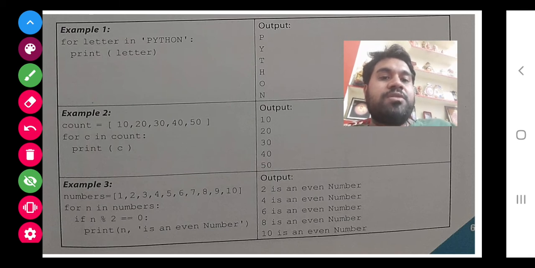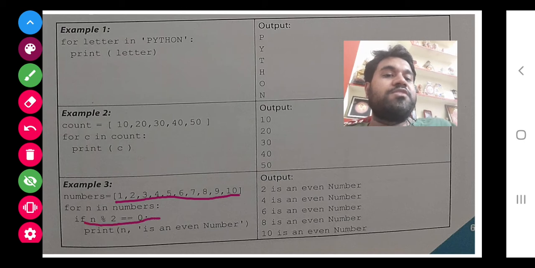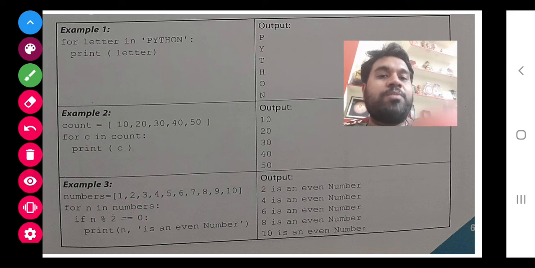Same as this one, in this list they want to display only the numbers which are divisible by 2. So they have used a for loop, and inside that the condition will be checked. Now how it will proceed, you should know. First of all, 1 will come here in place of this n. Then 1 mod 2 is 1.